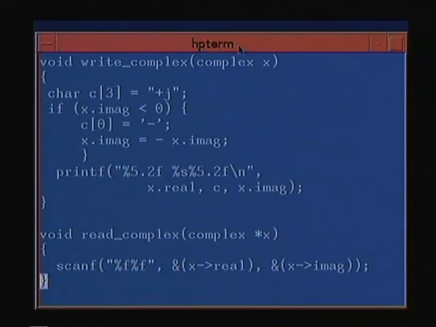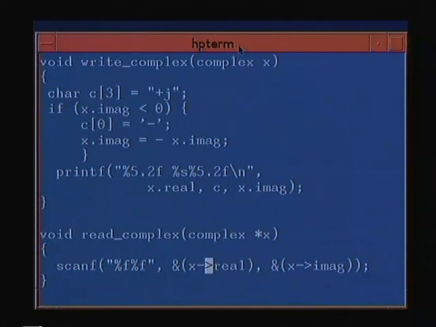And read complex, as we mentioned, this is defined as a pointer to a complex number, and scanf, oh I am sorry, I made a mistake. This x pointer dot real will give you the value of the real number, isn't it?